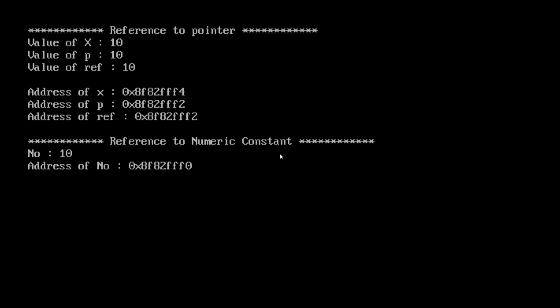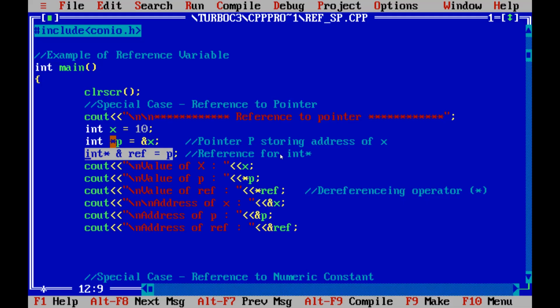The address of x is something, the address of p, which is the pointer variable, is something, and the address of the reference variable is exactly the same as the pointer variable. Why? Because the reference variable is referring to the pointer variable. That's why the address of the pointer and the reference variable is the same.